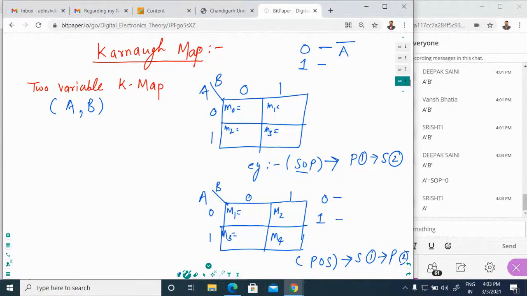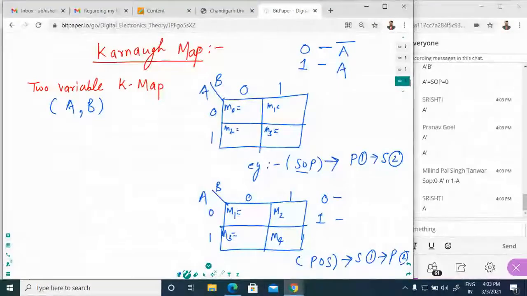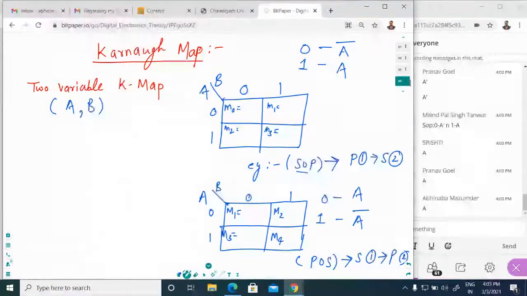Okay, in SOP, 0 can be represented by A bar, whereas 1 can be represented by A. And in POS, 0 can be represented by A, whereas 1 can be represented by A bar. Okay, clear? All of you understood? So you have to represent the values right here. This is 0, 0, this is 0, 1, this is 1, 0, and this is 1, 1.